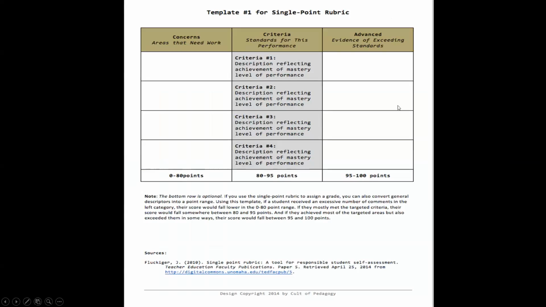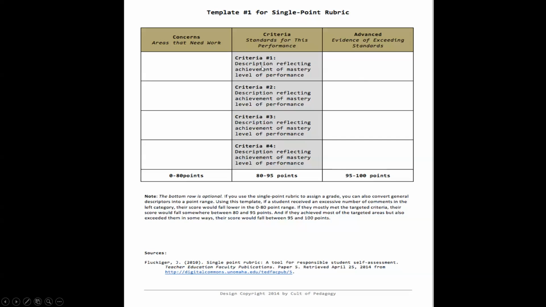So this is another example of a single point rubric. That's the reference. So see concerns, areas that need work. So you're actually providing feedback of what you want them to do. If you want them to advance and provide evidence of exceeding standards, you are able to do that.